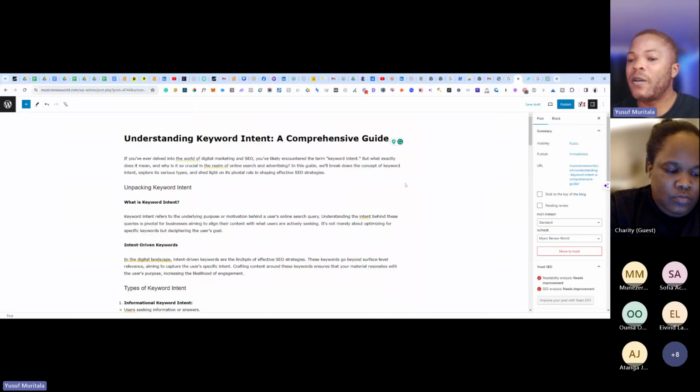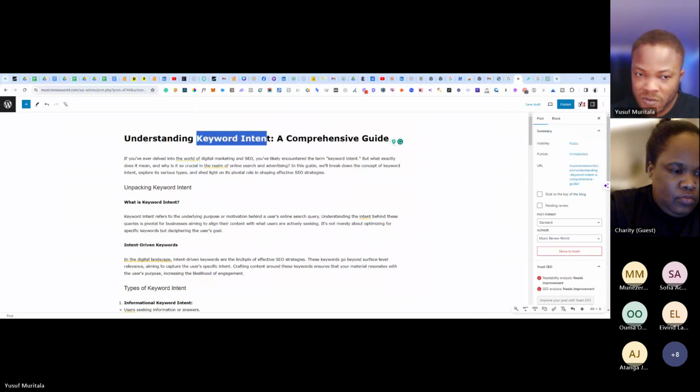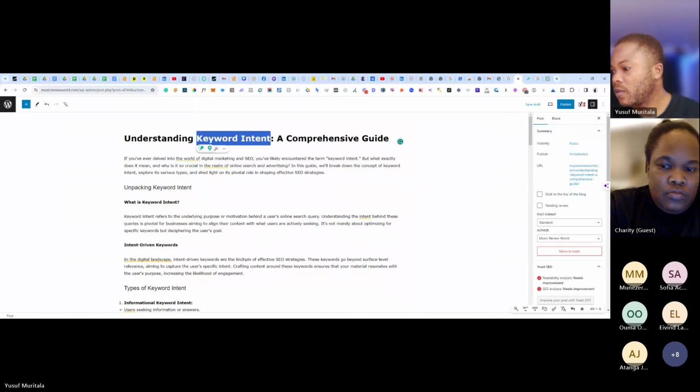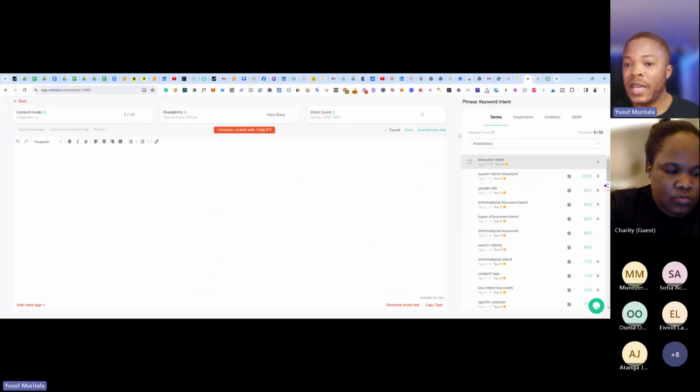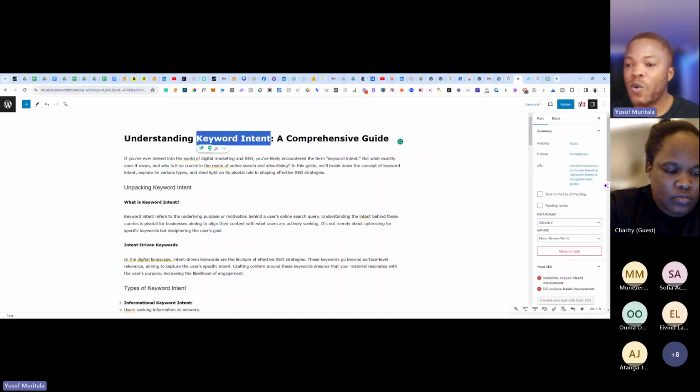So now the URL should carry the target keyword. This is the target keyword that we want to rank for, and that is, you remember, what we put in this research tool that we want to rank for, right? So now this target keyword should be in the URL, not the whole long title.